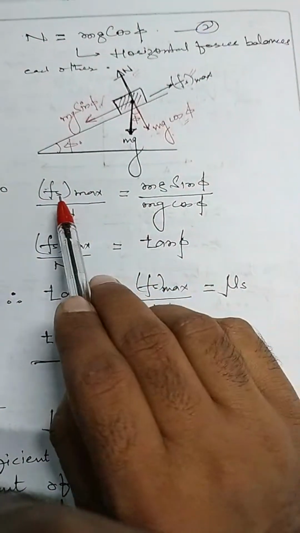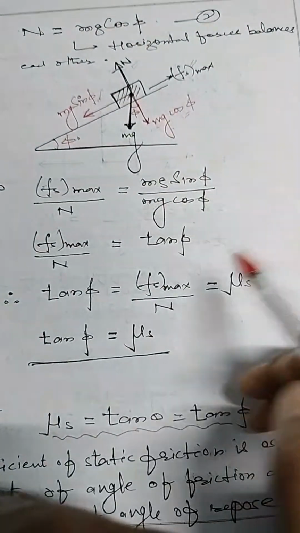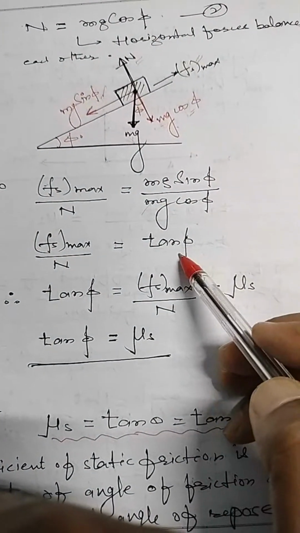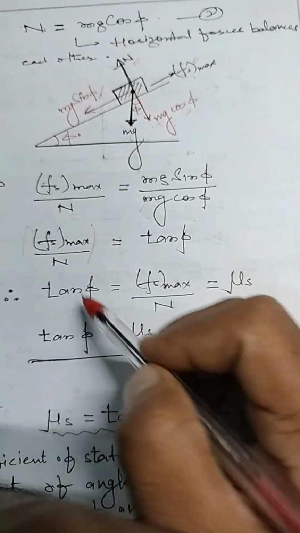Dividing equation 2 by 1, Fs equals mg sin phi, N equals mg cos phi. Dividing both, mg cancels out, sin phi by cos phi is tan phi, equal to Fs max by N, and this is again